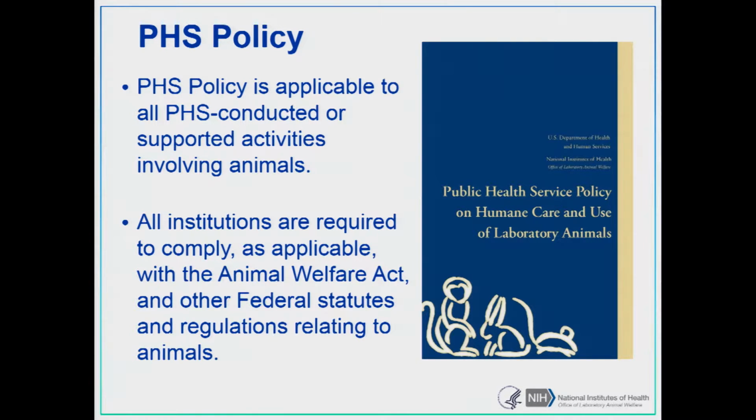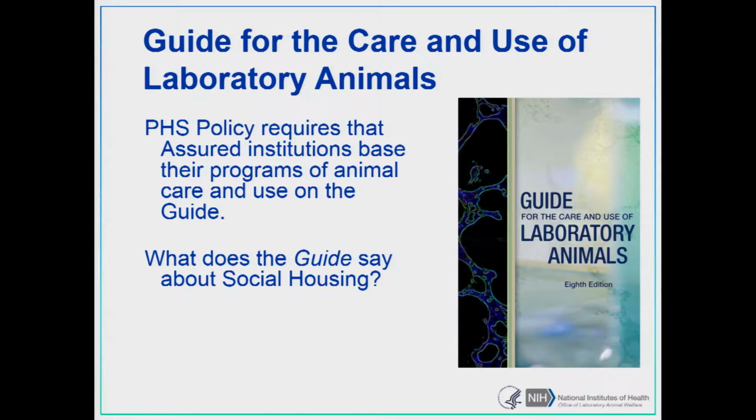And when Carol was mentioning federal funding agencies, you have to have records available. That's where this overlaps: if we were coming to do a site visit of you, we would also be looking at any of your records related to the Animal Welfare Act, just to be up to speed that you're in compliance with the regulations. The PHS policy also says that you have to follow the Guide for the Care and Use of Laboratory Animals. The most recent edition is shown there, the 8th edition. Institutions must base their programs on the Guide.